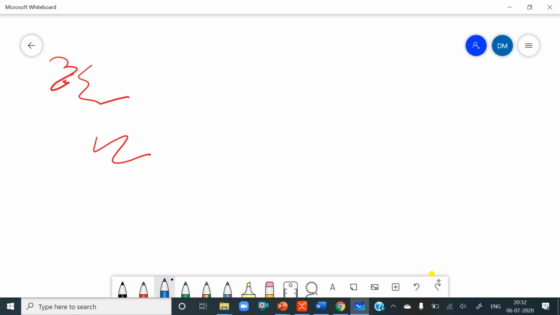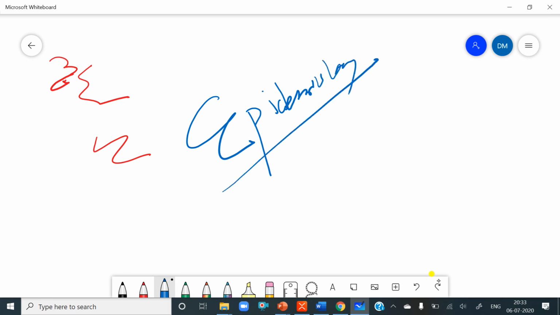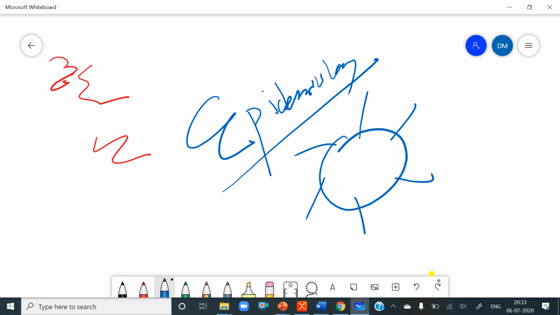Suppose I want to take this blue pen, and I can write here just epidemiology. Sorry for my bad handwriting. And like this, we can explain anything, like coronavirus and everything. We can explain to them. Okay, this is okay. But this feature is enabled after the Wacom board comes to our college.